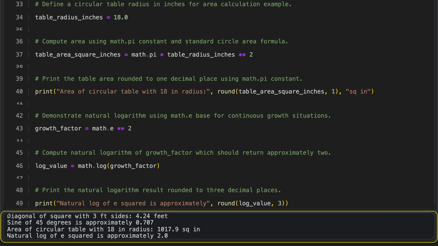This script shows how to use basic functions from the math module to perform common calculations. It finds the diagonal of a square with 3-foot sides using the Pythagorean theorem, giving about 4.24 feet. It converts a 45-degree angle to radians and computes its sine, which is about